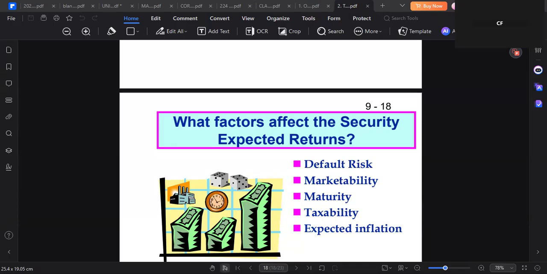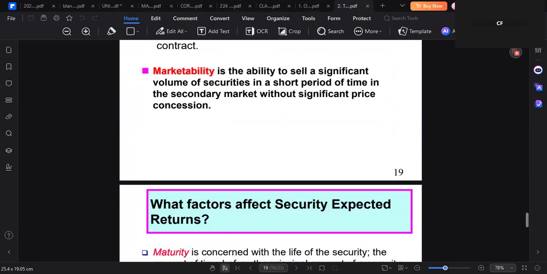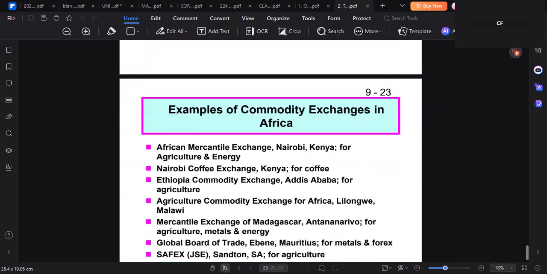And the inflation is anticipated what? Reduction in the real value of these future cash flows. So investors will require higher nominal returns that will offset this erosion of the purchasing power, which is caused by the same inflation. So basically, factors that affect security, talked about these, maturity, etc. So this is basically the market environment within which these corporations will trade. So this is all about the environment. Unless there are any questions,